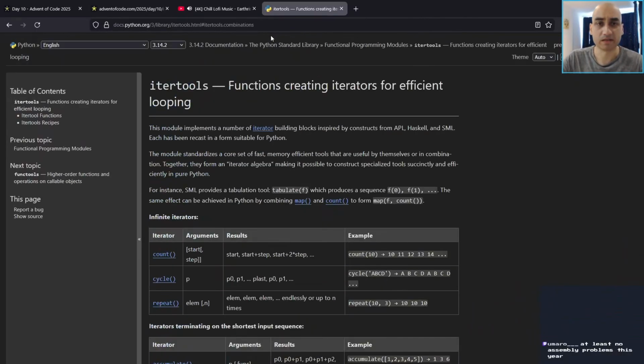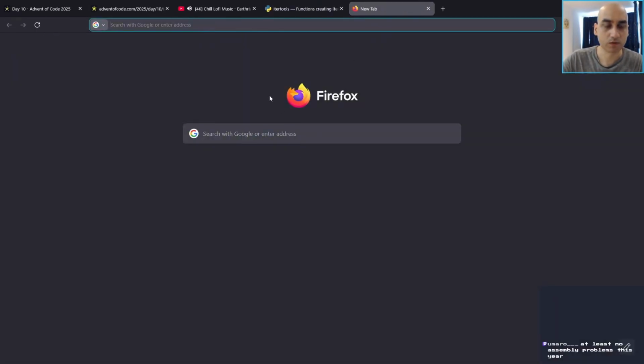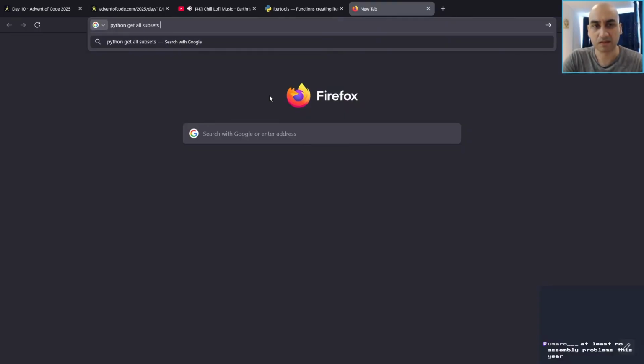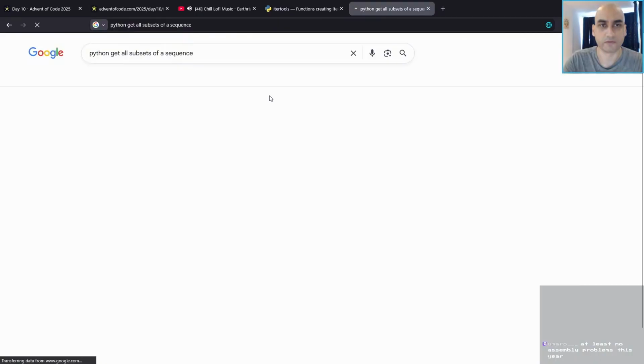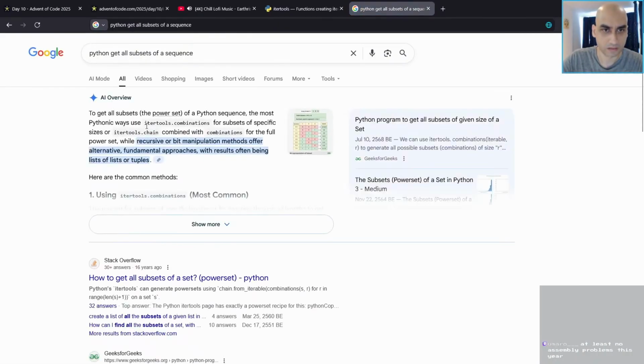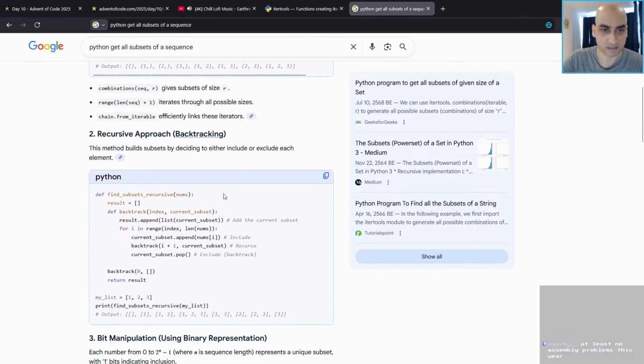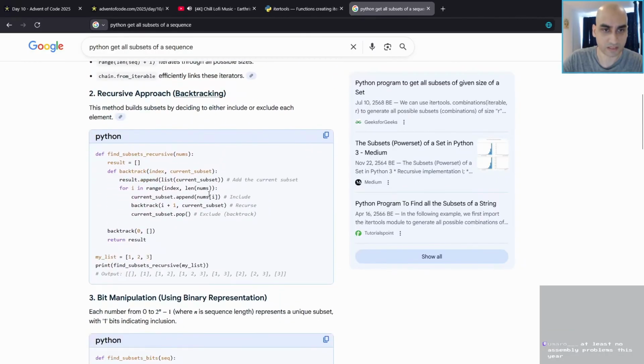I don't remember what the method is. Maybe it's not even in itertools. Let's just Google this. Python, get all subsets of a sequence. That's what we want, right? Get all subsets. It's combinations. We have to do it for R in range. I could have sworn there was a... Okay, fine, I can do that. That's easy. But I could have sworn there was a